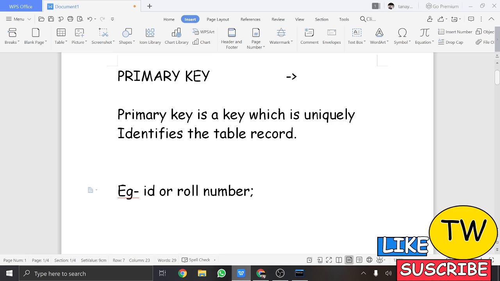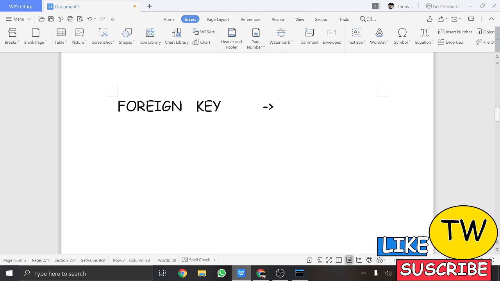Like for example, you can take Aadhaar card. Two people cannot have same Aadhaar card number. Yes, okay. But two people having Aadhaar card can have same name. Yes, so we will take ID, which is very unique in our table. We will take that as a primary key. Okay, so you should make that only as a primary key. Name and college name, all that you cannot use as a primary key.